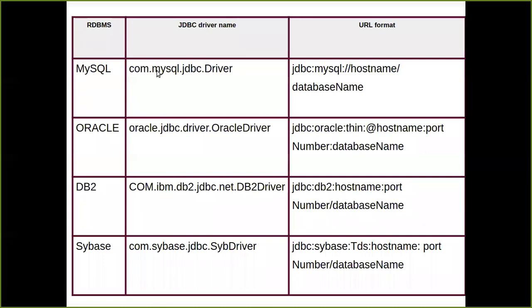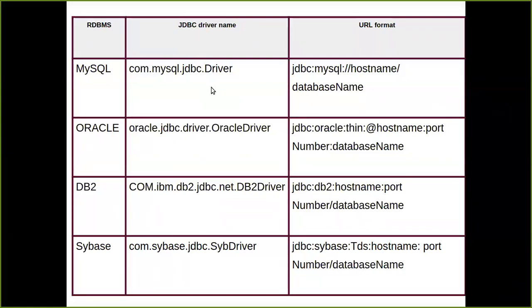Then we'll create our class, that is class ABC. After that, the very first step is the registration of a JDBC driver. When registering, we know that we want to use MySQL. So what is going to happen there? Class.forName, and inside the parameters I'm going to write this JDBC driver name, that is com.mysql.jdbc.Driver, which will hint to the program that I'm going to use MySQL as a database.